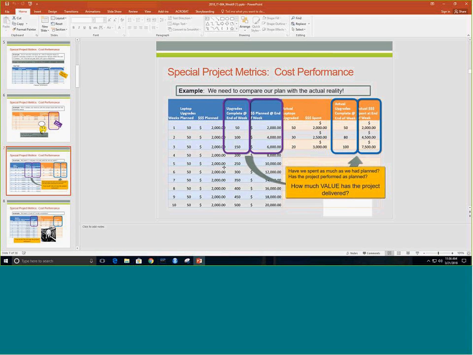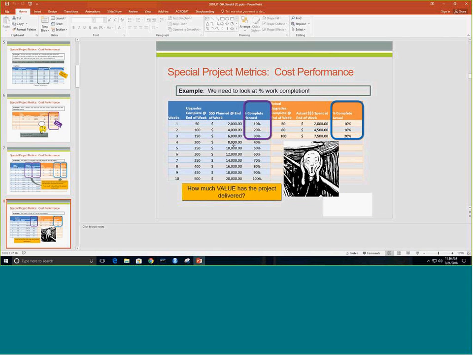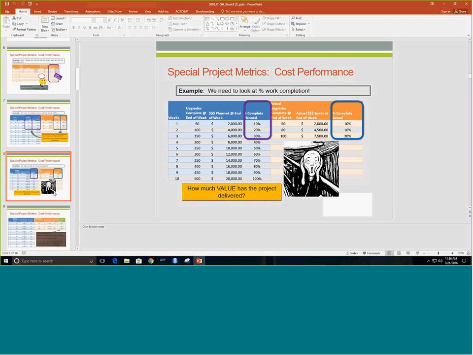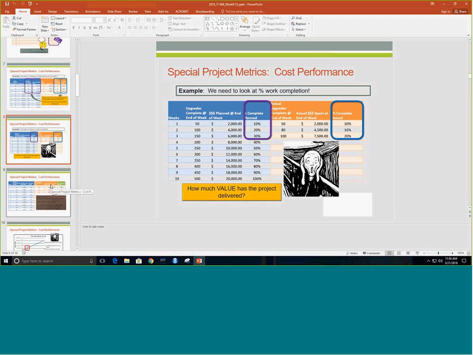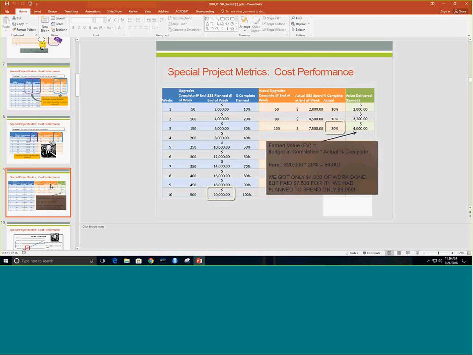And from there, we can also look at the percent complete of the work that we have actually performed. By comparing the plan versus the actuals, we derive our cost performance index, which is the process of calculating this,